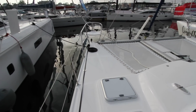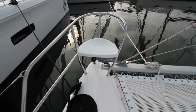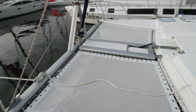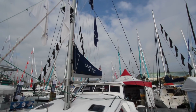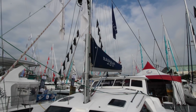The dolphin watching seats are second to none. They're incredibly comfortable, best in the business. Just showing the pedigree of this yacht. All the equipment is top notch. The mast has a double shrouds on it, giving incredible strength. And the mast is backward raked, so you can drop the